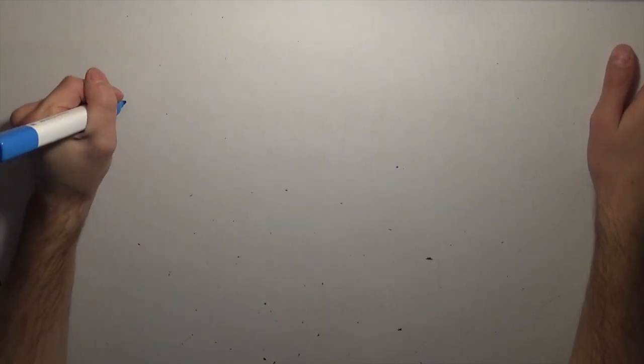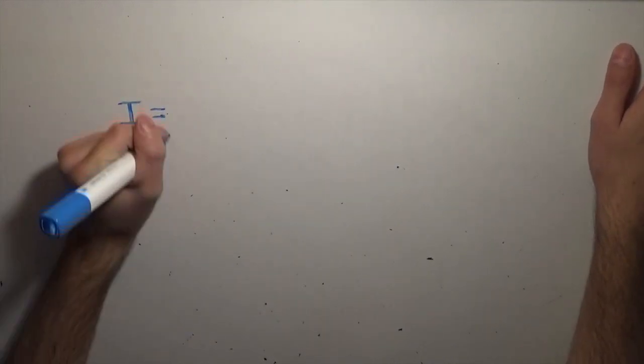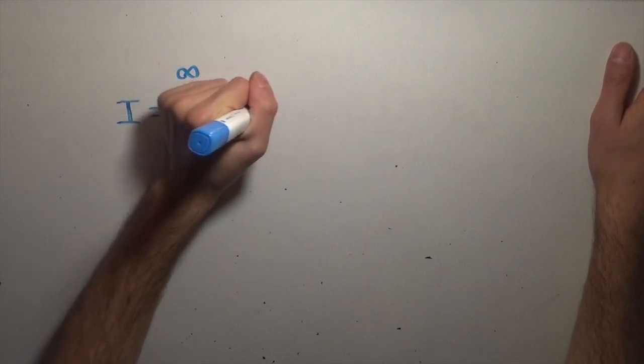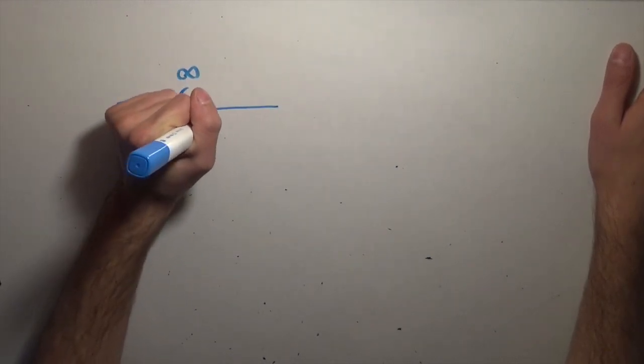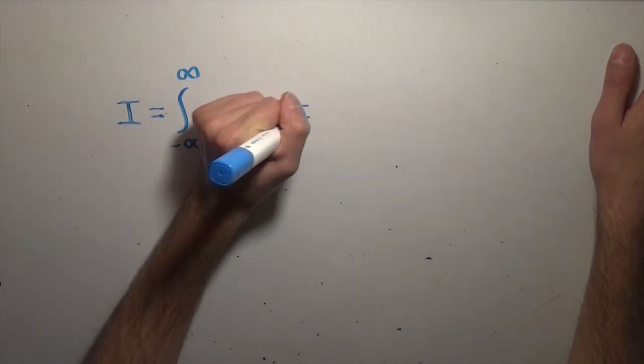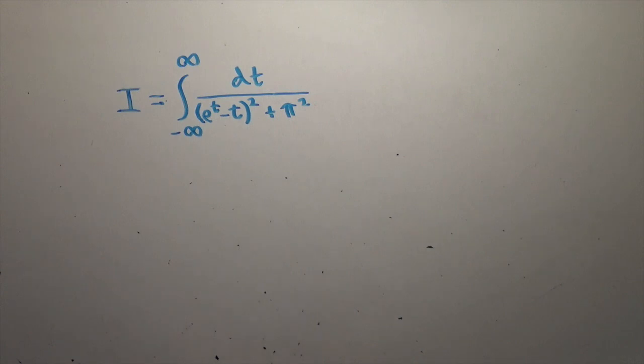Let's go. Okay, so the integral that we're evaluating today is quite a strange creature. You might have seen it before, as I said. We're going to call this I, and it is going to be equal to the integral from negative infinity to infinity of 1 over (e^t minus t) all squared plus pi squared dt. Now this is a strange beast,